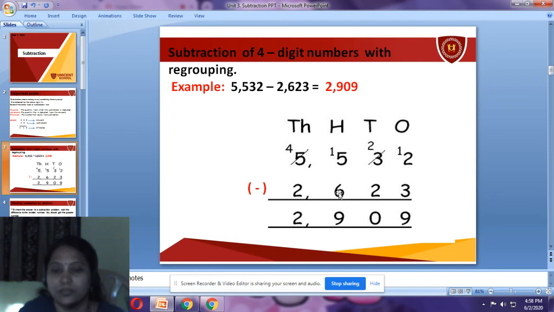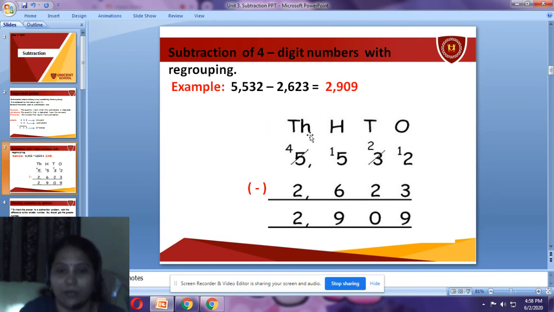Again, we have to start from 6. After 6, 7, 8, 9, 10, 11, 12, 13, 14 and 15. We have to count up to 15 only as we have to subtract from 15. Yes, children. So what is the number that remains? Here 9 again. So 9 you have to write in hundreds place again here.